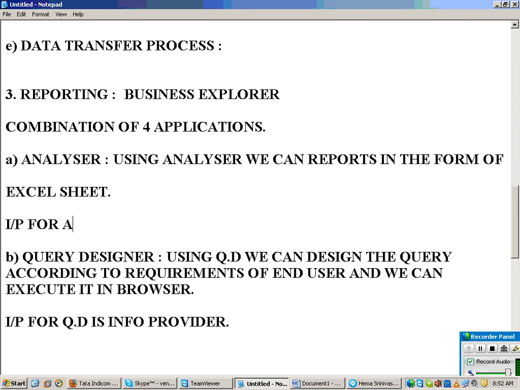What is the input for an analyzer? One is the query. Query designer is the application name; whatever report you design using query designer is called a query. And one more is the info provider.